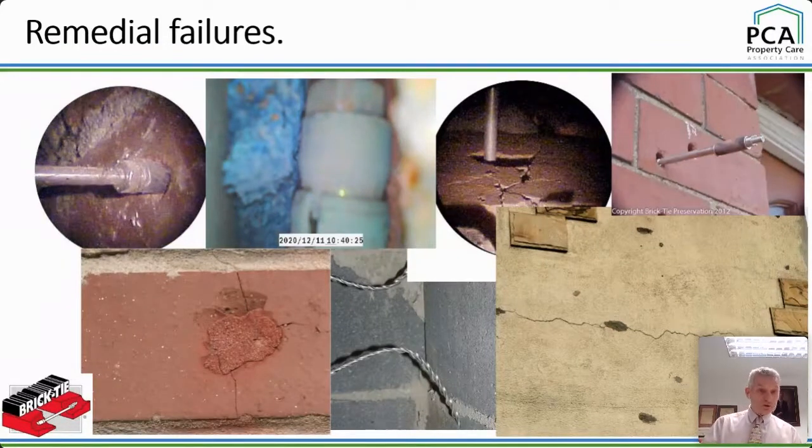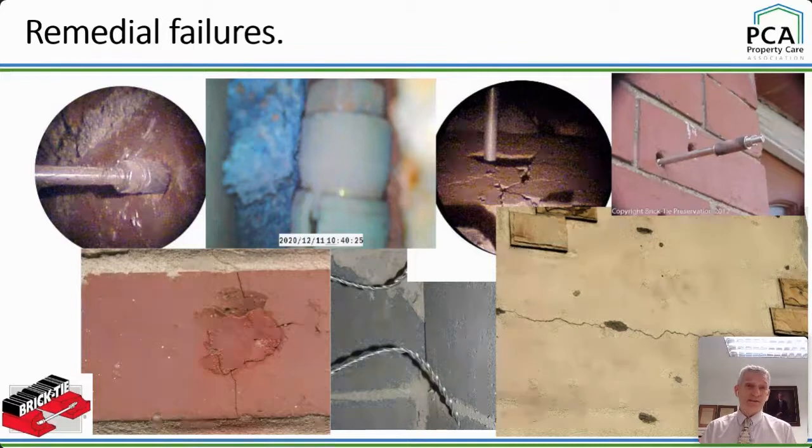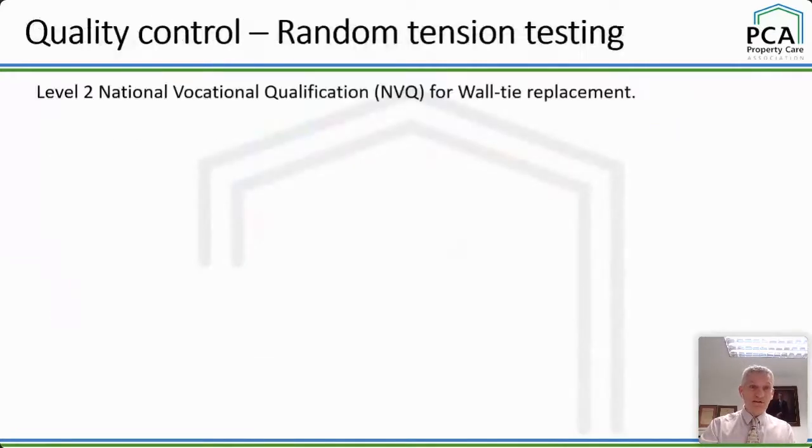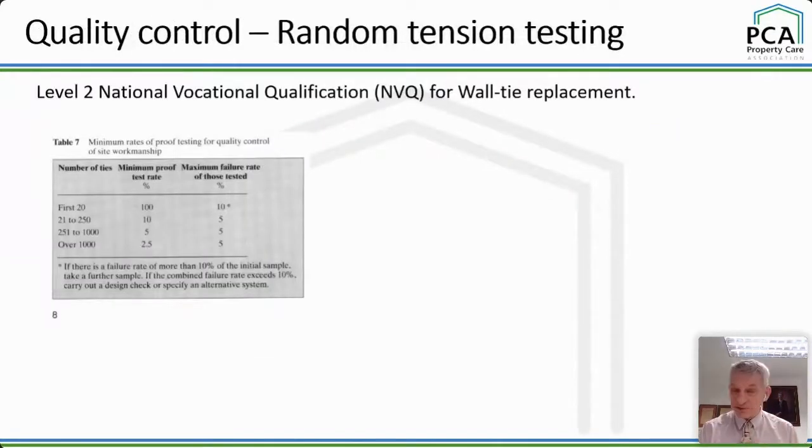Bottom left, over-torqued in the outer skin and split the brick. And right, that's the most common defect, actually, only one picture of it, but it's people not isolating the original tie. They've pretended to, and it's just cracking through the repairs. Very common. Can we fix it? Yes. There is some training. I don't think anybody's offering this at the moment. I wish they would because I'm running out of employees. They're getting old. They're my lads who've got this. We've got three or four left.